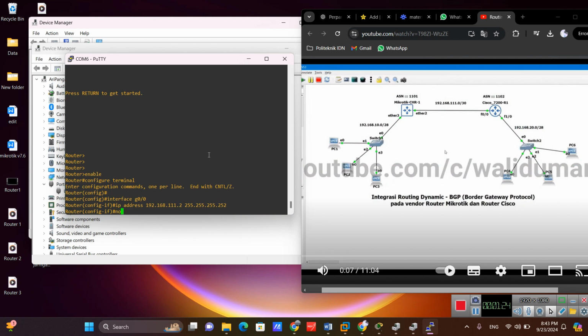So I used 252 because this is slash 30. Now no shutdown to turn on the port, exit, and in here I wanted to turn on the switch and make the IP.